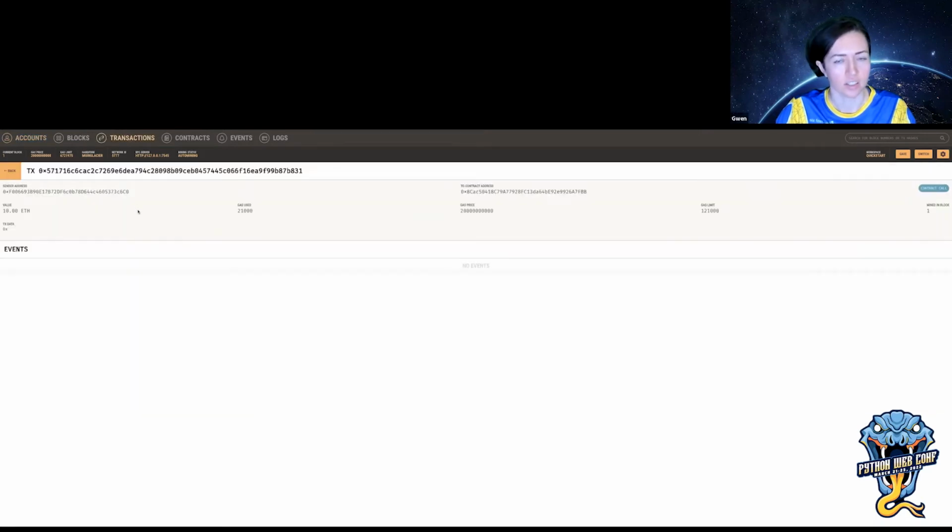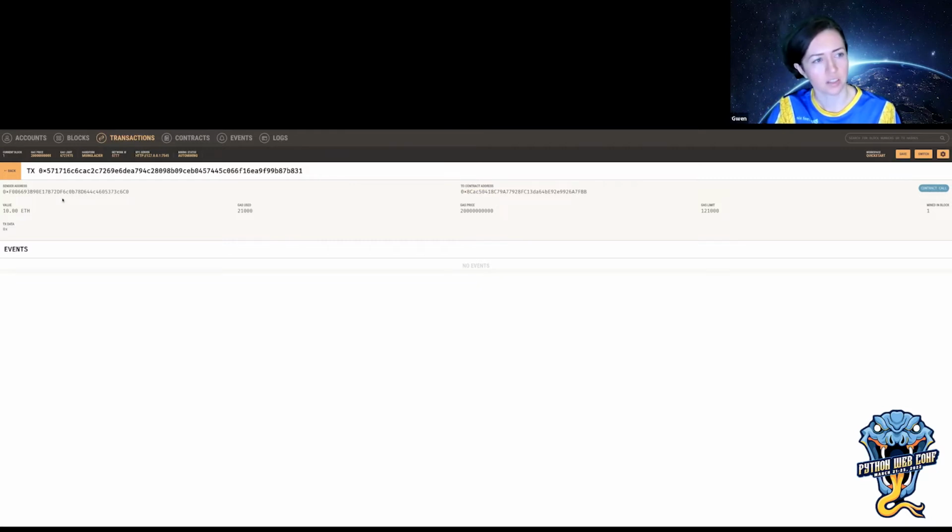And you can see the transaction log here, the sender's address, the to address, and the gas information, block information, and then how much Ether I used. So this is a convenient local block explorer.